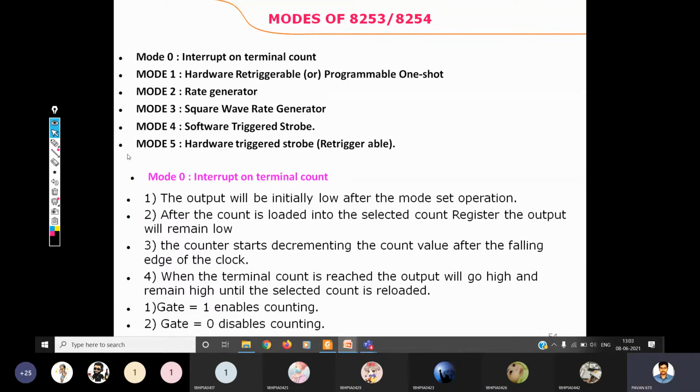So 8253 or 8254, both are programmable interval timer ICs only, but here we are talking about the 8254, and that too regarding the modes in today's class. We need somewhat little attention regarding this topic because there will be so many timing diagrams in this topic. So definitely you need to observe properly and carefully. The timing diagrams will be there, and we have to go through them once.